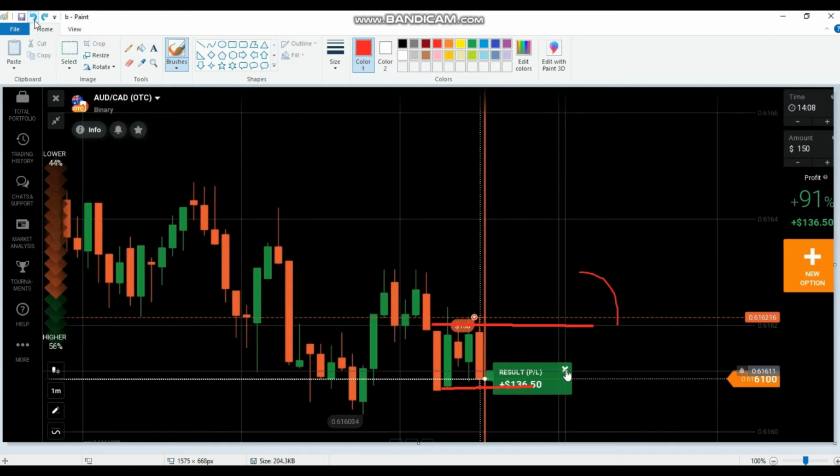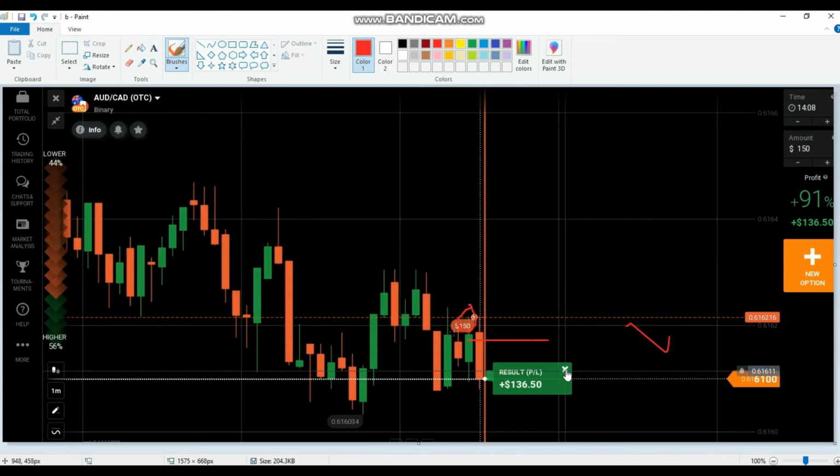Okay, right, we can see that the round number is being respected. And here also, if you observe, we can see that the market is following the green red pattern, right? That's one reason. And another reason is it's a consolidation area. We know that mostly in a consolidation area, the market follows these kinds of patterns, right? That's another reason. And the next reason is there is a round number and the market is respecting that round number. Also, we saw that this candle closed exactly at that point with rejection.